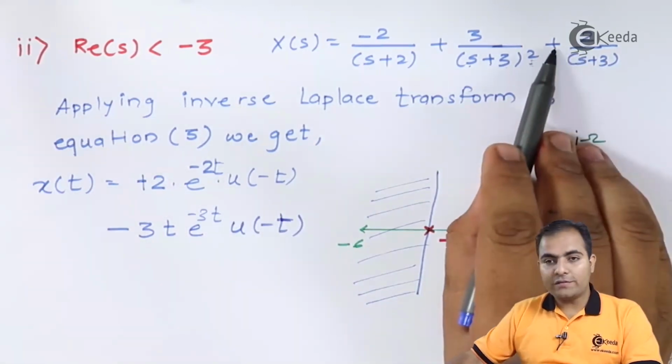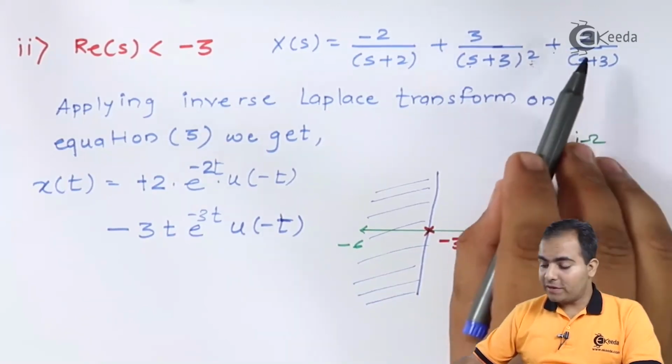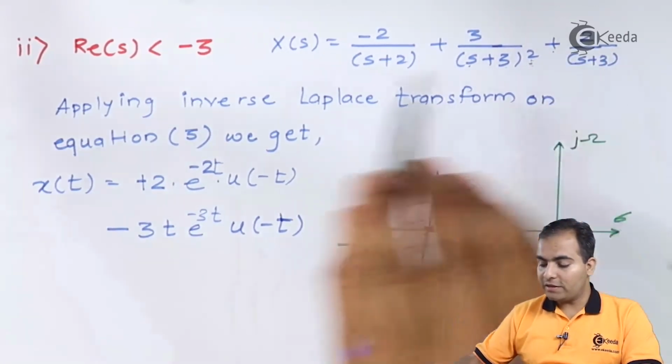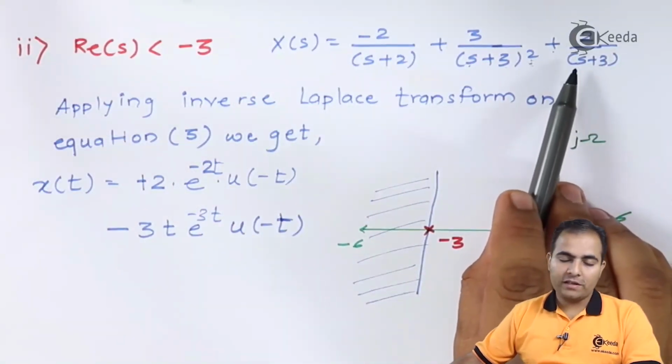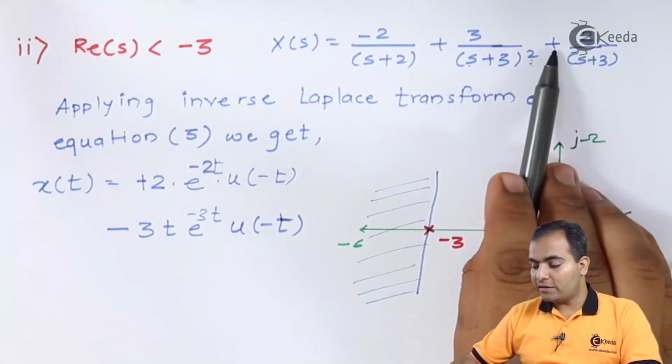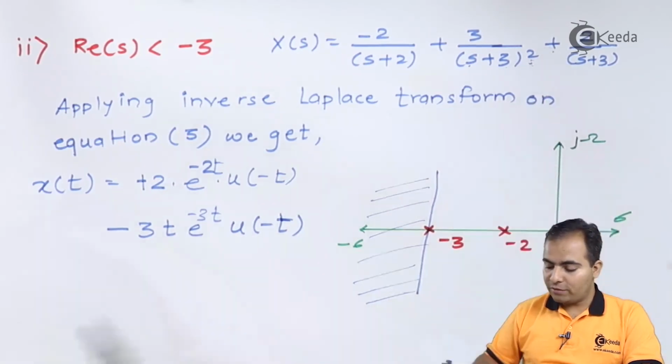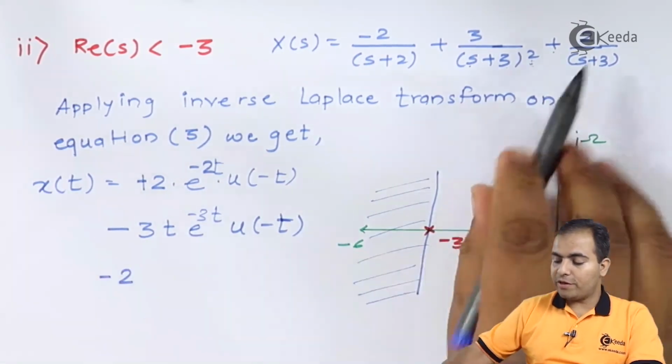Now again here also we have a plus sign. I'm going to replace this plus sign by minus, because this ROC is left-handed, which means the inverse Laplace transform of 1 by s is again minus u of minus t. So the minus sign will change this plus sign value to minus, and I'm going to write first of all